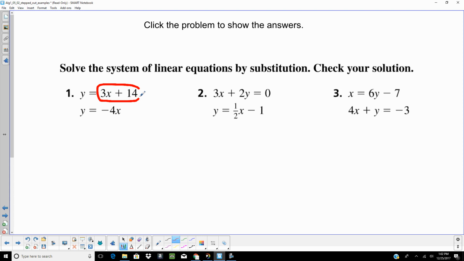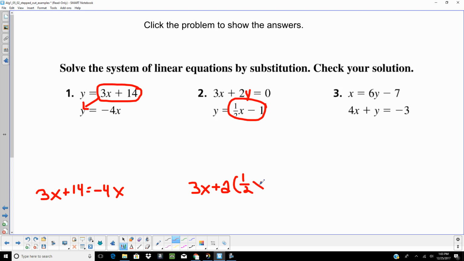Here, that y is already solved for. You notice y is solved for here. So what I'm really going to be doing is setting those equal to each other. So 3x plus 14 equals negative 4x. No variable solved for here, but here y is solved for. So I'm going to take that and plug it in for y. So I'm going to get 3x plus 2, take out that y and put in 1/2 x minus 1